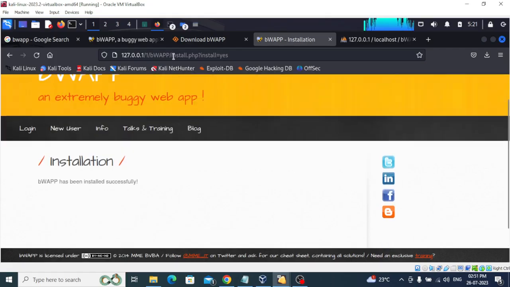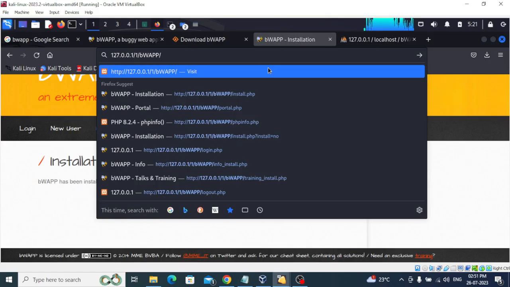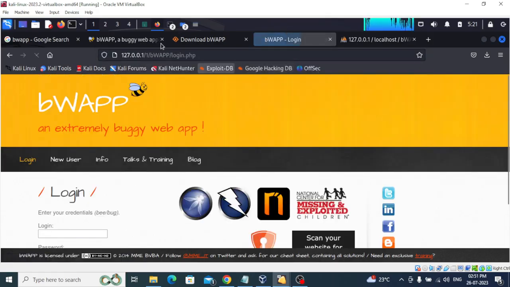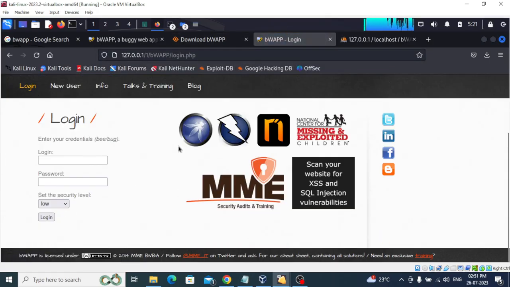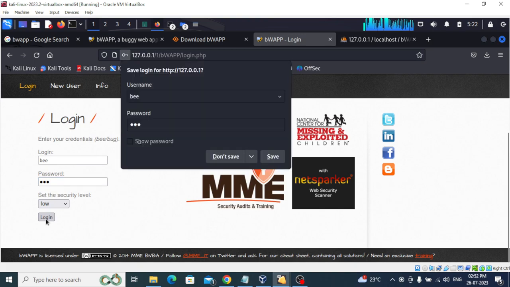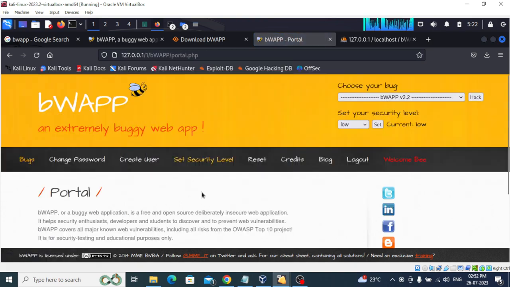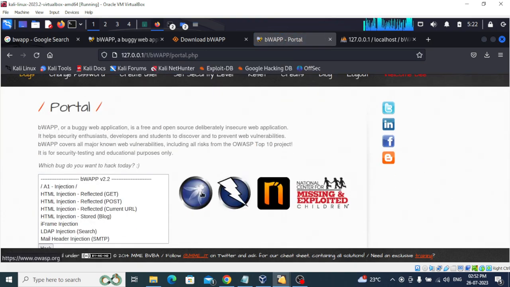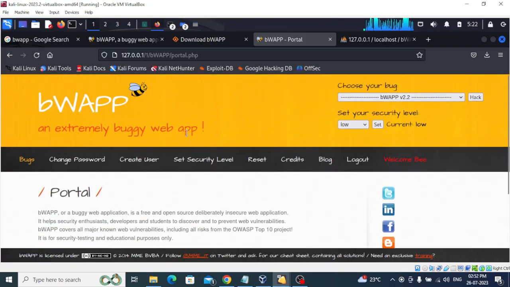Now you can go to bWAPP and it will redirect to login.php, and in login we can set the security level high, medium, low. We will start with low, and the username is bee and the password is bug. Then we'll log in. Don't save. So this way we were able to download and install bWAPP, which is an extremely buggy web application, and